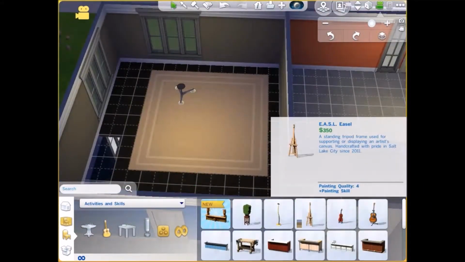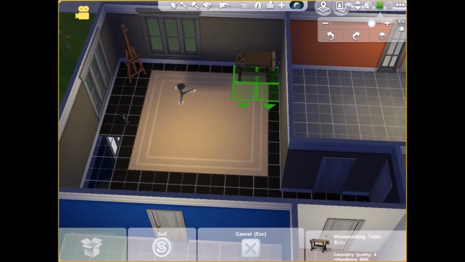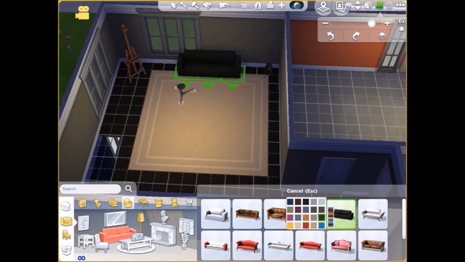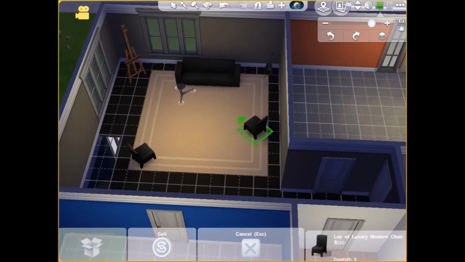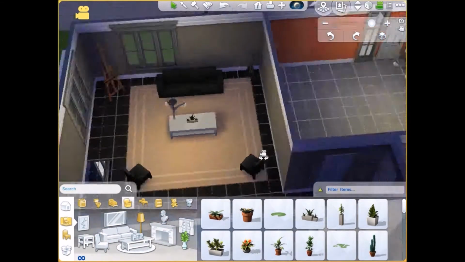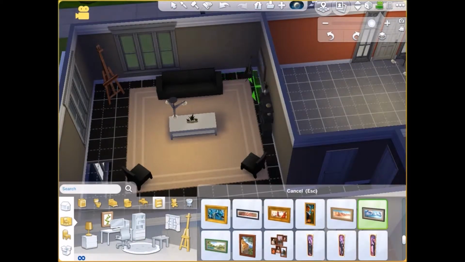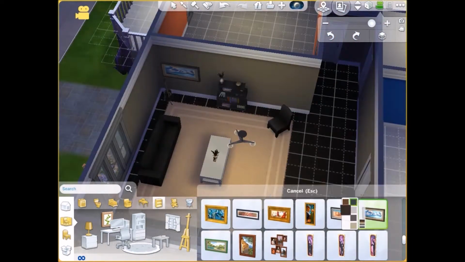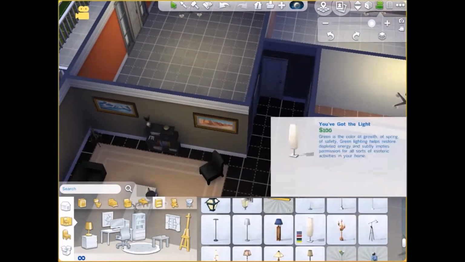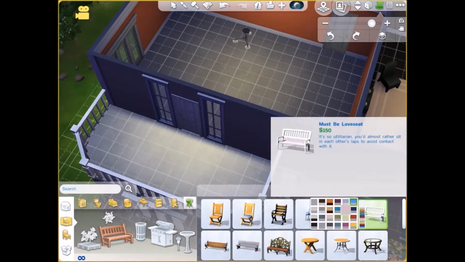So I end up just putting in a little easel and a guitar, and I was gonna put a woodworking table, and I was like, that's weird, so I just put a sofa, so you have a little area to hang out and talk with your family, and just chill. You can have your friends over up there. I put in a little bookshelf so they could definitely read while they're up there, and I put in some cute little paintings just because I wanted it to look nice and give them that good feeling. And I put in a lamp, and then we are ready to do the outside little porch area,